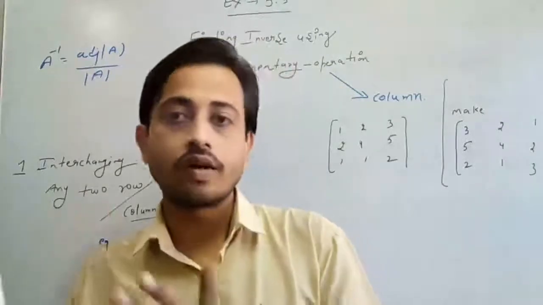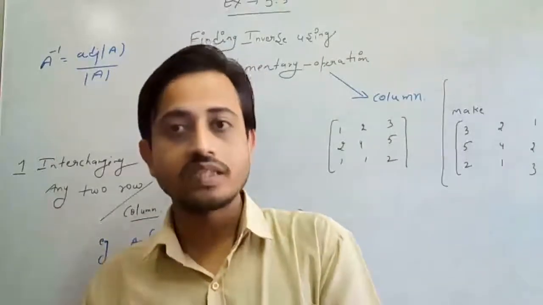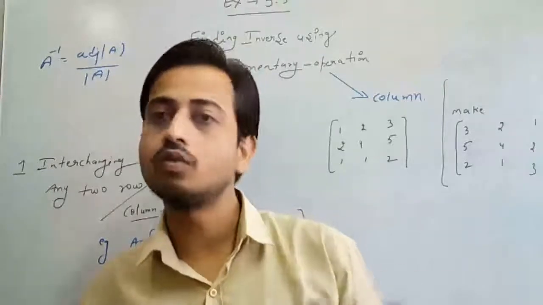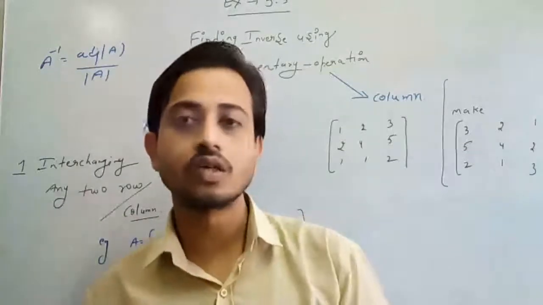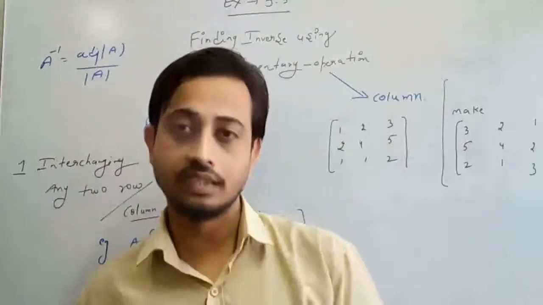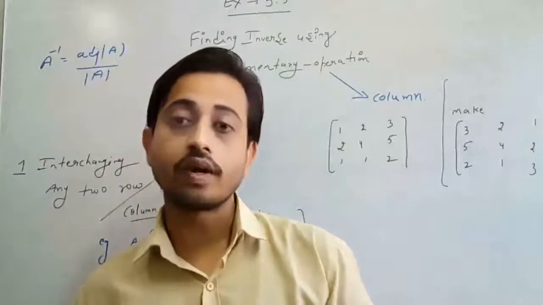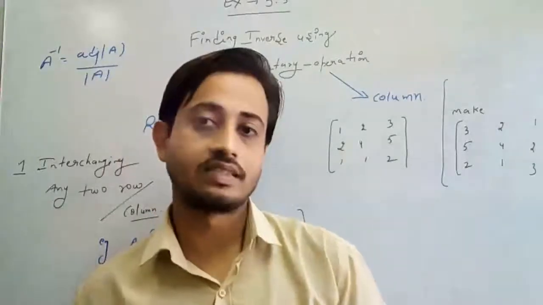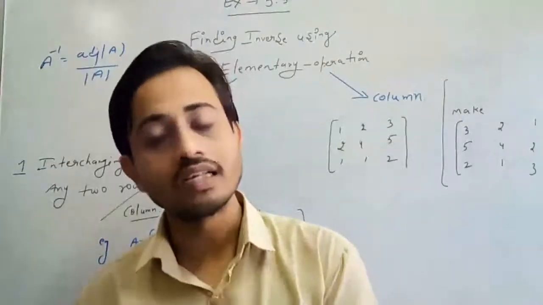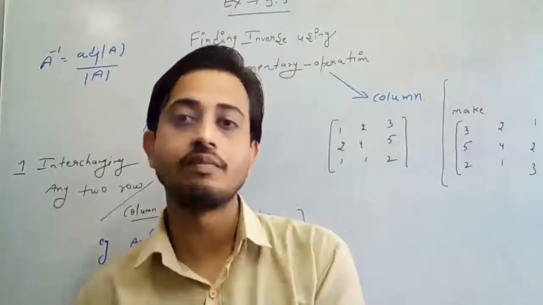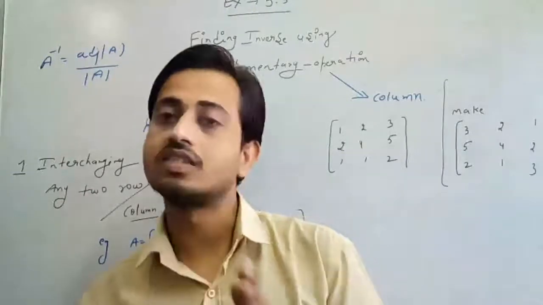The operations that we are going to apply are similar in rows as well as columns. If you understand the operation in rows, then it is very similar for columns. So we have only three elementary operations that we are going to apply in this question. The first is interchanging. If there is a need to interchange, according to what the question demands, then you can do it by using the interchange elementary operation. This is your first elementary operation. You can apply it to both rows as well as columns.